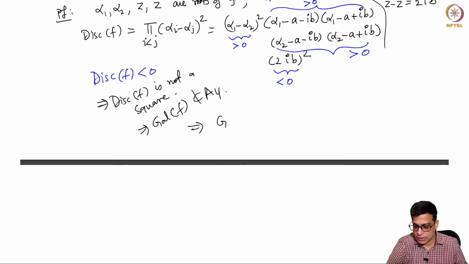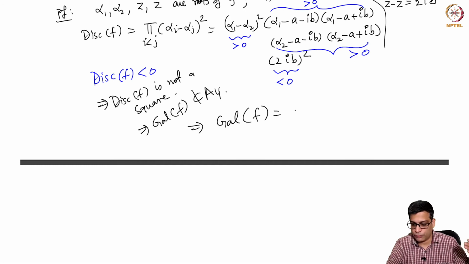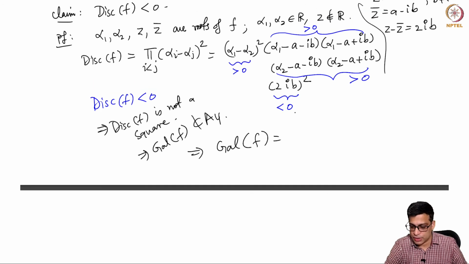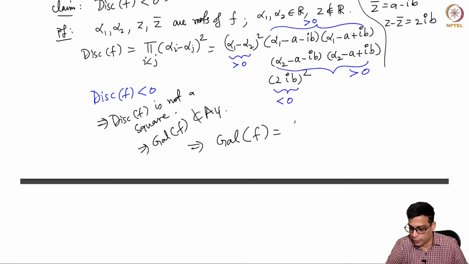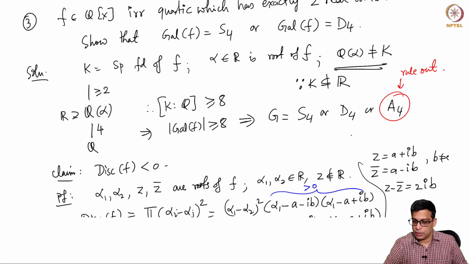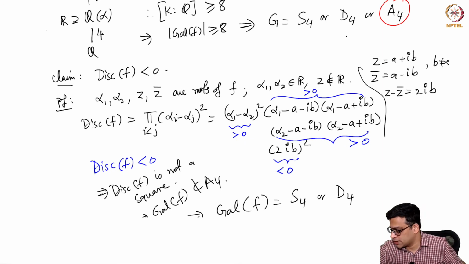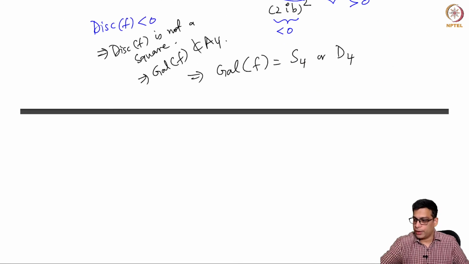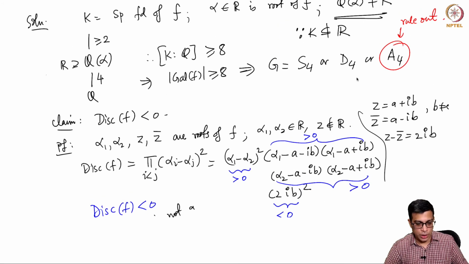And D2 is of course ruled out because the discriminant is not a square, and C4 is ruled out for order reasons, and as required it is S4 or D4. In fact, both of these occur, and I leave this as an exercise for you. I don't intend to do this, but a